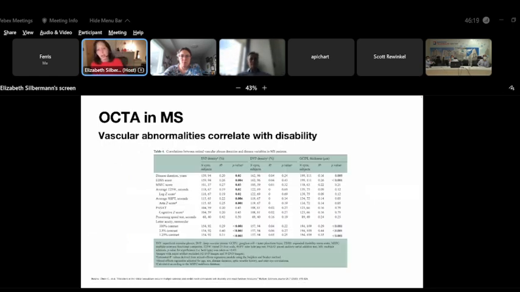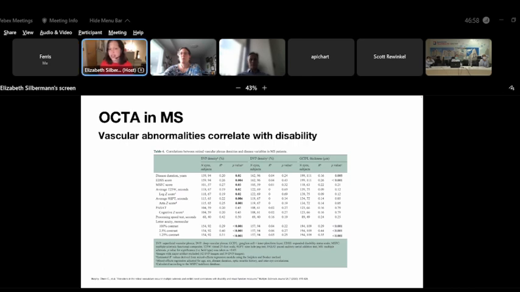This is work done by Olwen Murphy and colleagues out of Hopkins, and they were the first to correlate changes in the retinal microvasculature and measures of MS-related clinical disability. This is a cross-sectional study of 111 people with MS and 50 healthy controls. And they are showing the macular superficial vascular plexus and deep vascular plexus densities. They found that the superficial vascular plexus densities correlates with reduced visual function, longer disease duration, and higher levels of global